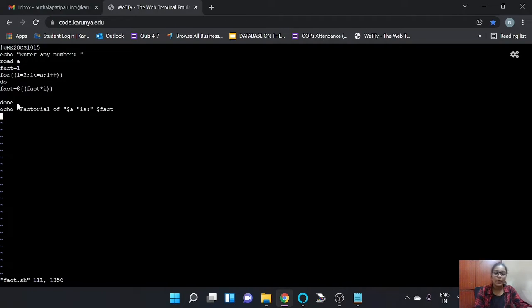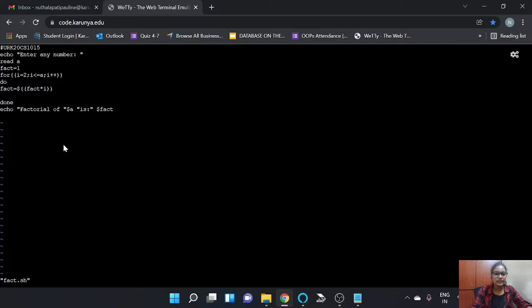And then after done, the echo command will be executed. Other commands will be executed. Just to close this for loop, we have to use this done. So after done, we can also write any other extra strings or extra sentences. So I have used an echo with which I'm going to display the output. So for this also, let's see